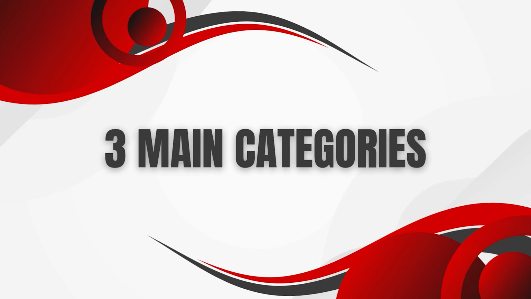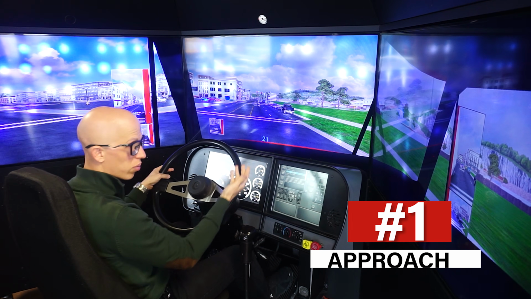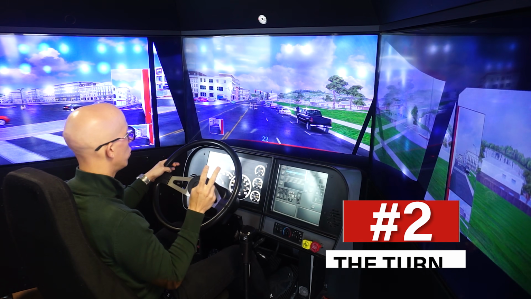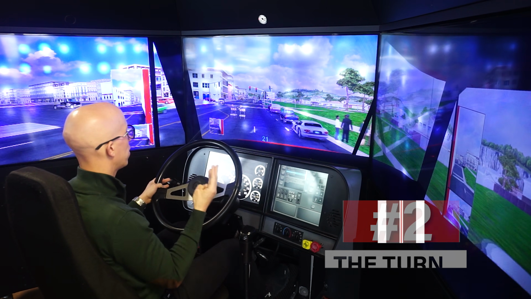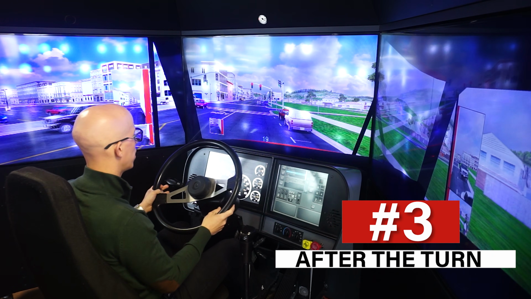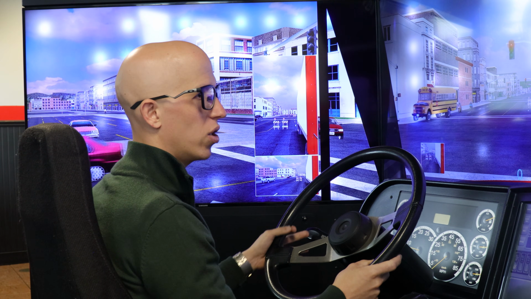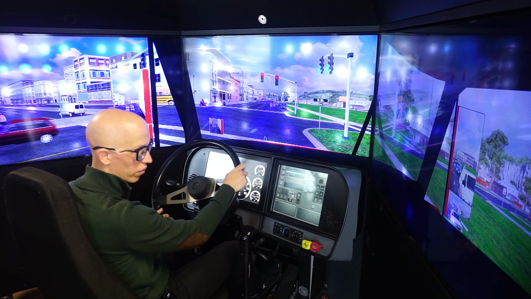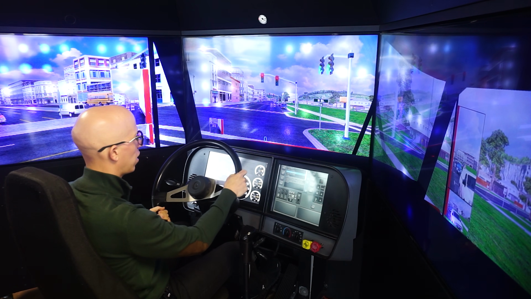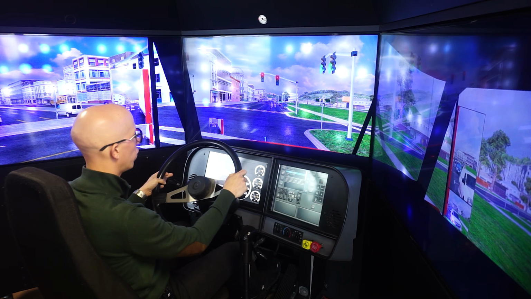main categories. Category number one is going to be the approach. Phase number two is actually going to be the turn. And then phase number three is going to be after the turn and how you handle it, right? So we're going to see which right turns are going to be good. This one is actually a tough one right over here. So we're going to skip this one out and see how to move forward,